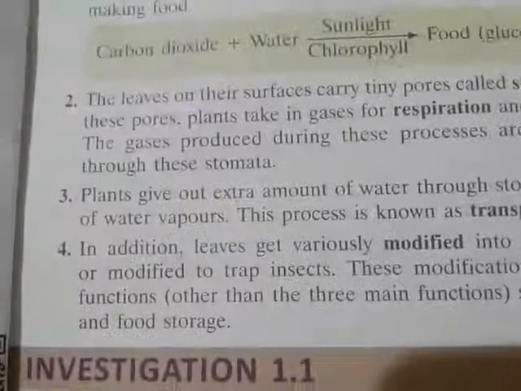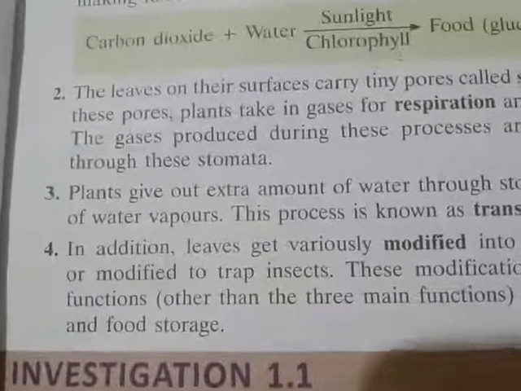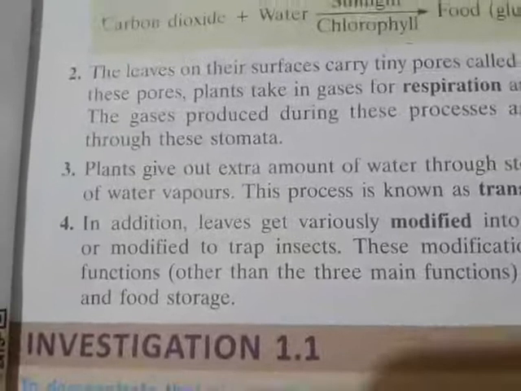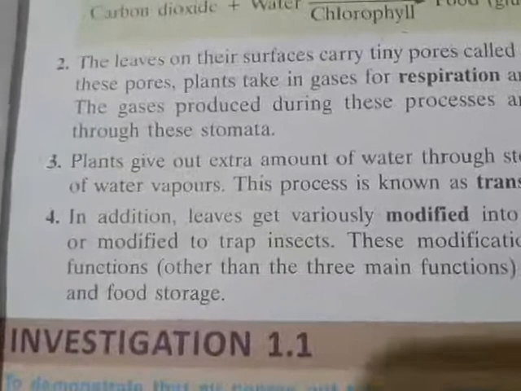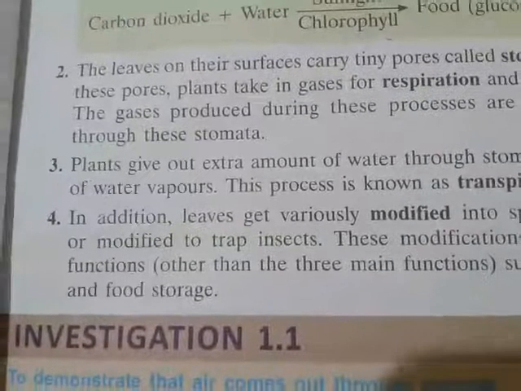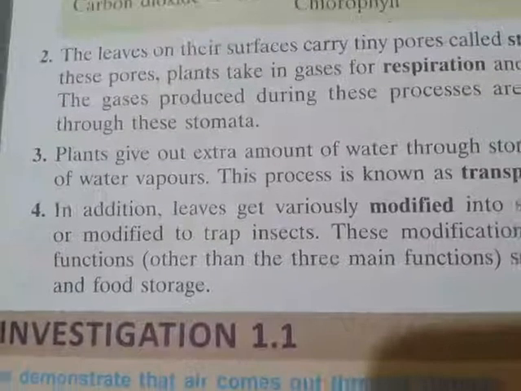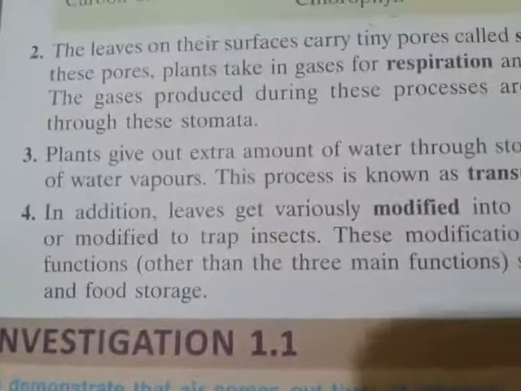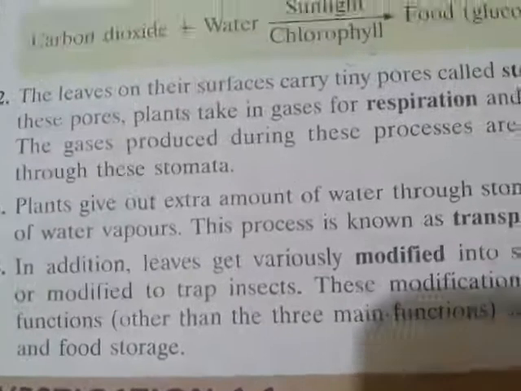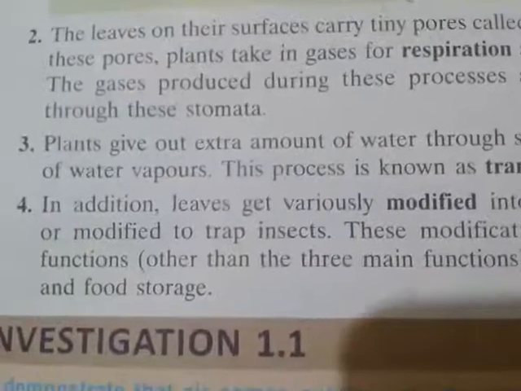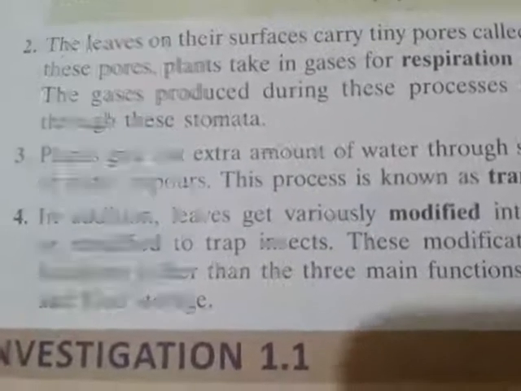So what is the form? The form by which the plant removes the water is water vapor. By using the formation of water vapor, the plant reduces the extra amount of water. Extra amount means the amount that is not needed; the amount I have already used, and the remaining amount will be transpired by the plants in the form of water vapors.